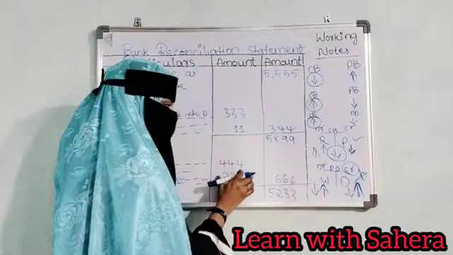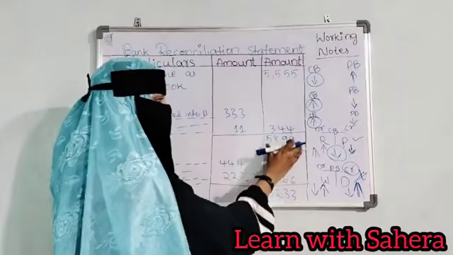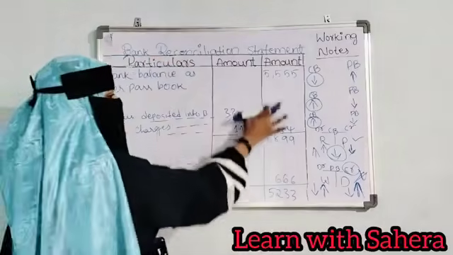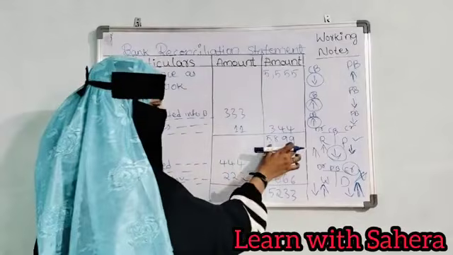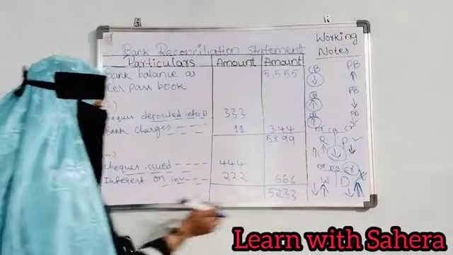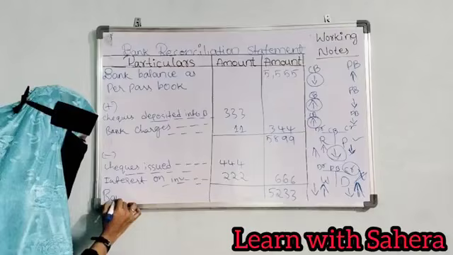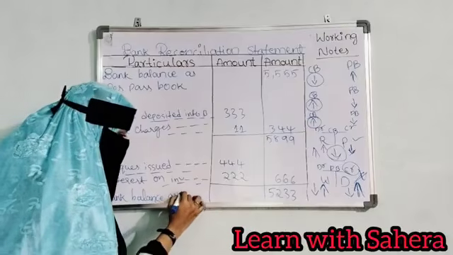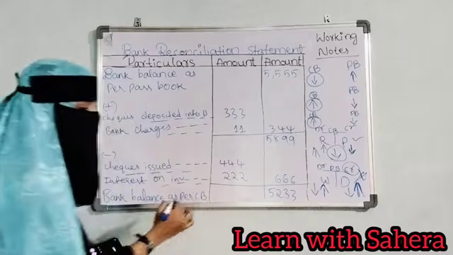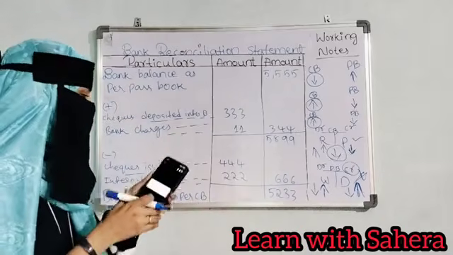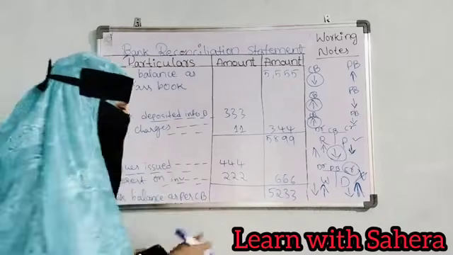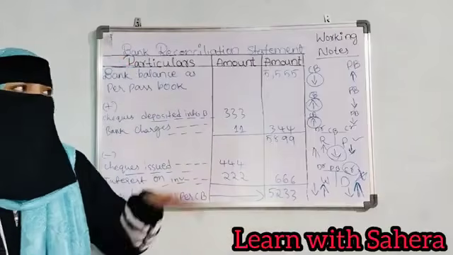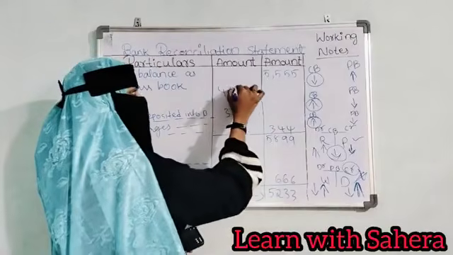5233. After totaling this, the total amount you have to write here. Again you have to subtract. Here it is minus, so minus. Here it is adding, so we have added. Here it is minus, so from this amount we are subtracting this. This will be the amount. So here it is bank balance as per cash book. He has asked us to ascertain the bank balance as per cash book. So the bank balance as per cash book is 5233. This is your short answer. This will carry 4 marks.